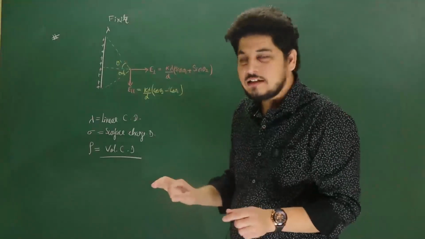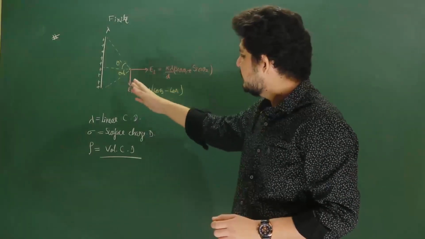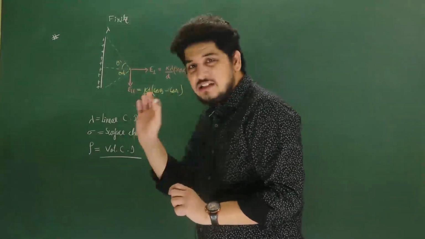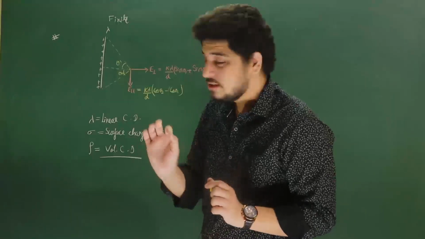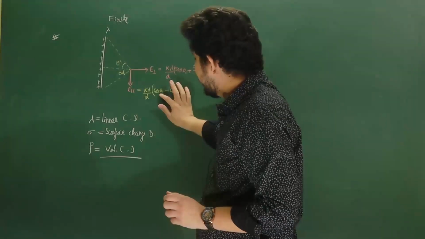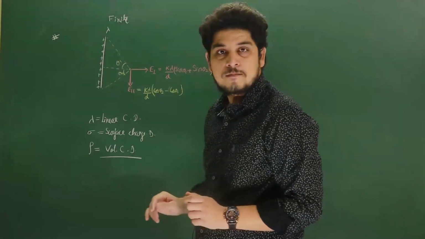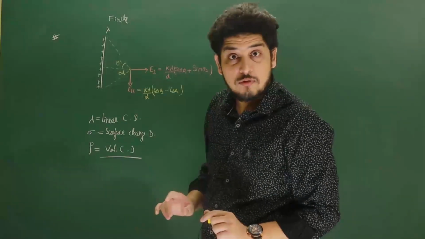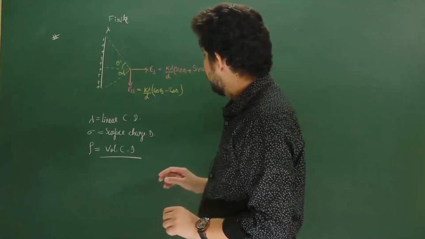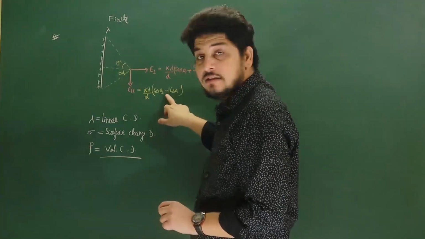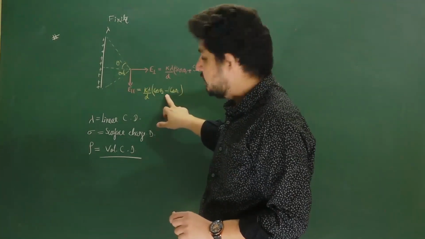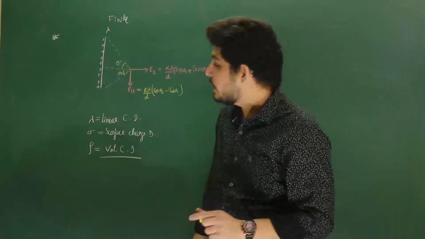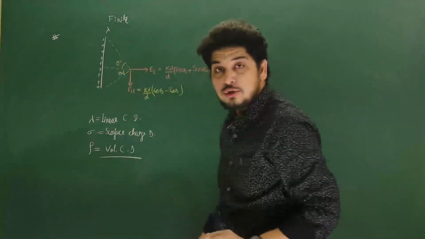You just think about which angle is theta 1 and which angle is theta 2. Do not panic. Just listen to me very carefully: you can put any angle as theta 2 and theta 1. Sir, why? How? There is a negative sign, so the answer may change. Yes, the answer may change, but you have to think about it logically.